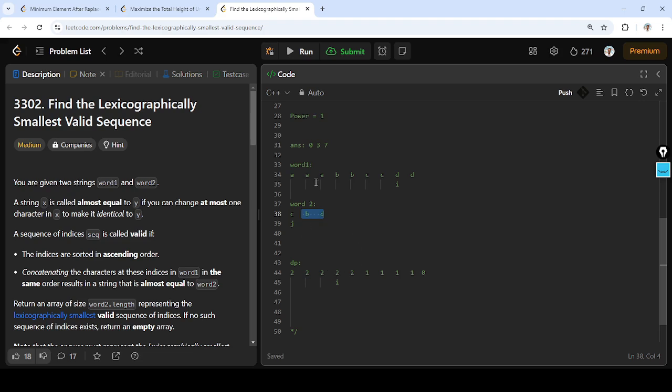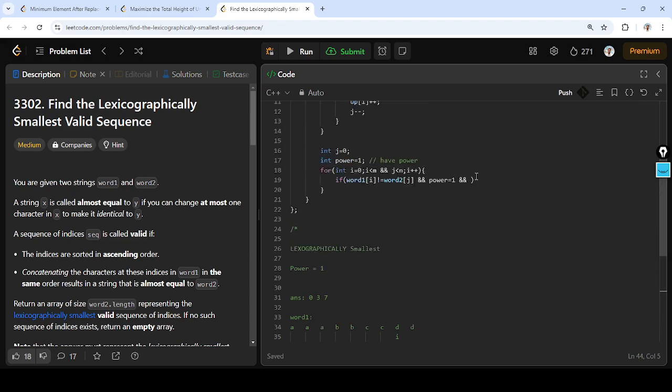So dp of i plus 1, if it is greater than equal to n minus j minus 1, right? In that case, I am going to match it forcefully, make the power used. So I will use the power